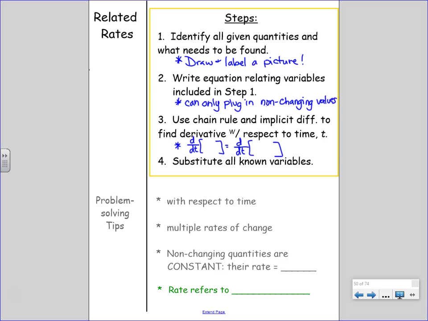In math or in physics, when we say non-changing, what are we saying they are? Constant, and that does not mean they're a number. I know. You learn constants are forever just numbers. Just because something is a number does not mean that it is constant and not changing. We're only allowed to plug in, before taking the derivative,